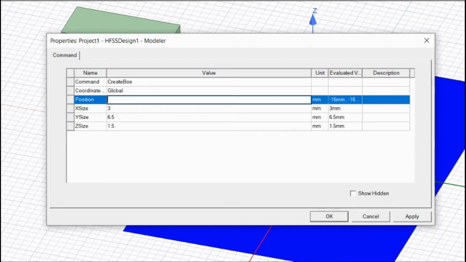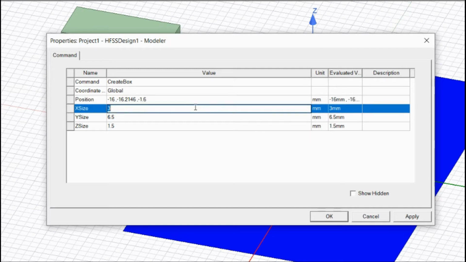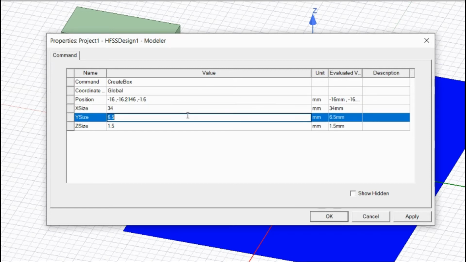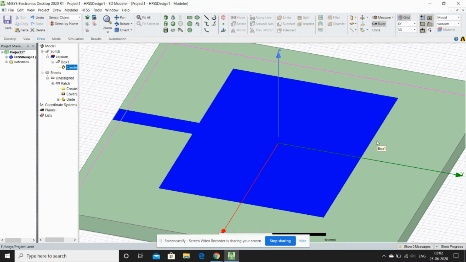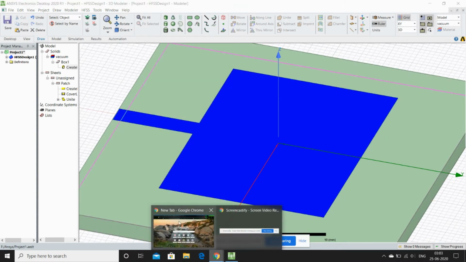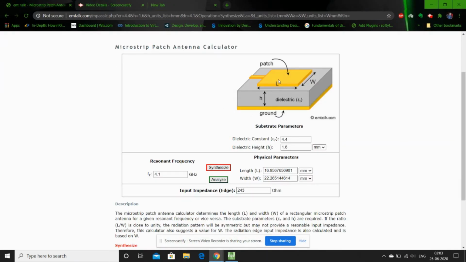It is not necessary that you should consider only these values. It depends. You can change these values. There will be no issue if you change the values. The main part is that it should be the correct values of L and W. If we observe, it is the same as the picture which we have seen earlier.